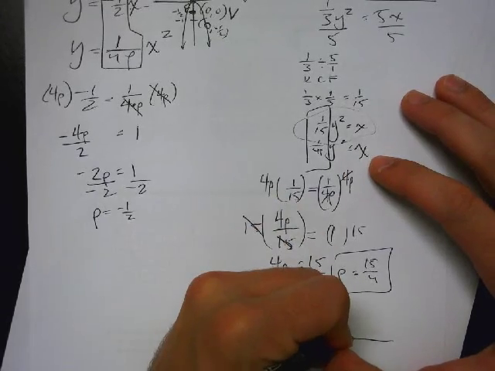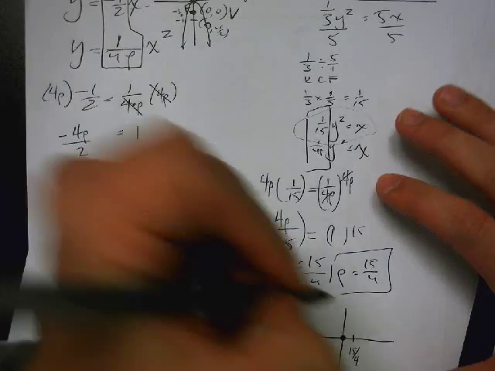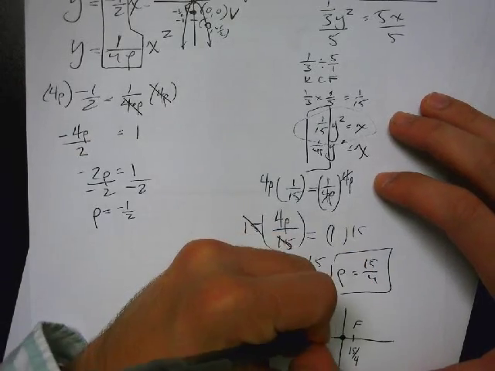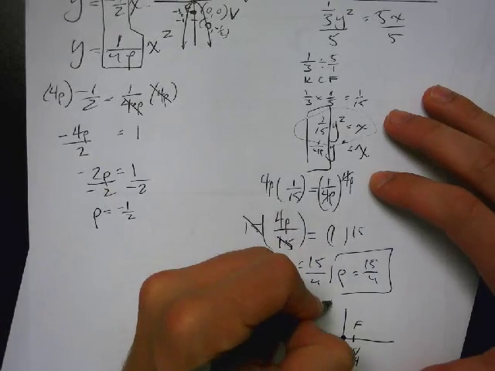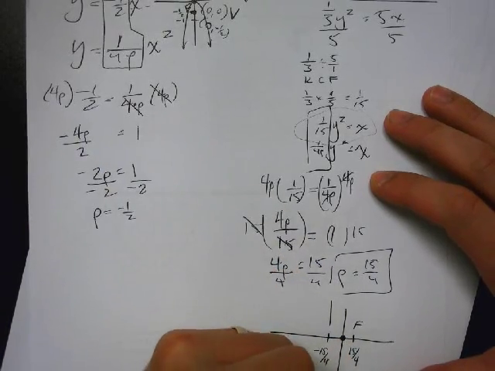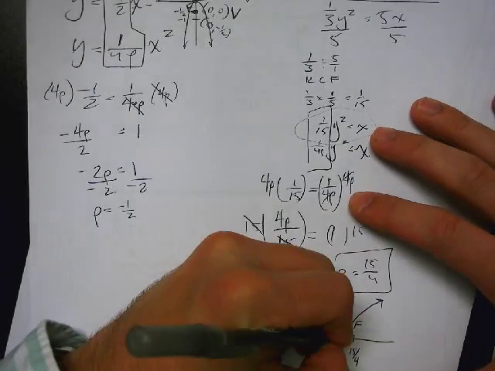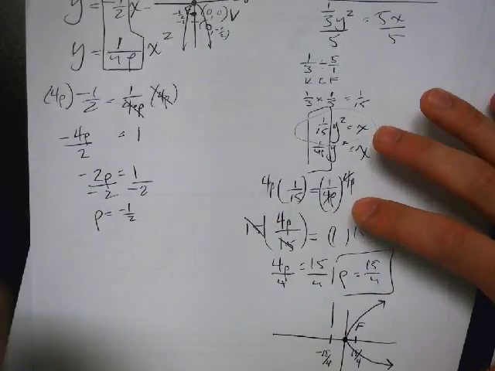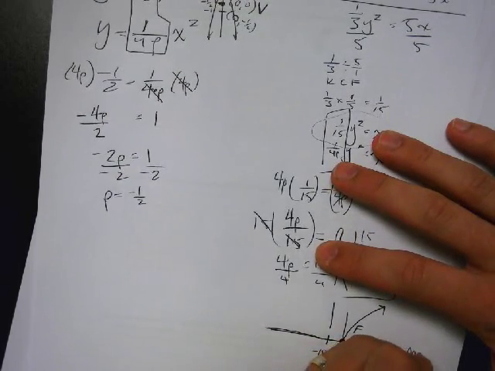The p distance is 15/4. That's out here. This must be your focus. That means negative 15/4 must be your directrix. Parabola opens this way. And that means my axis of symmetry